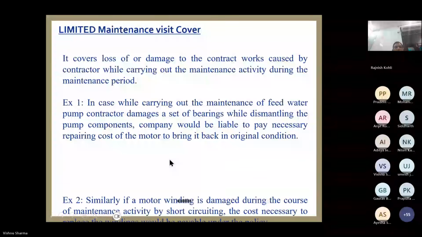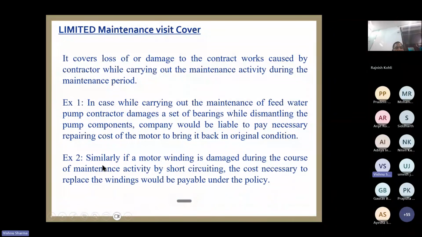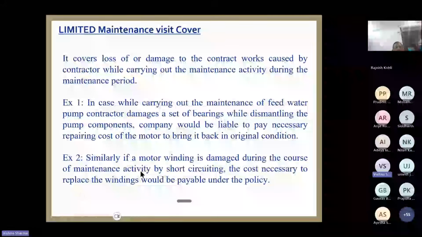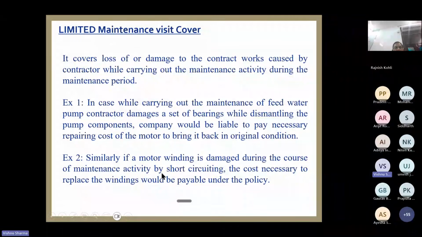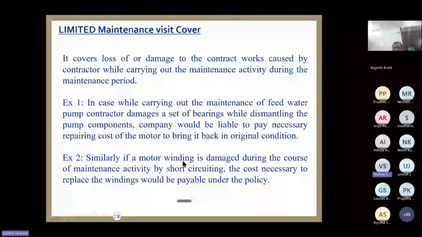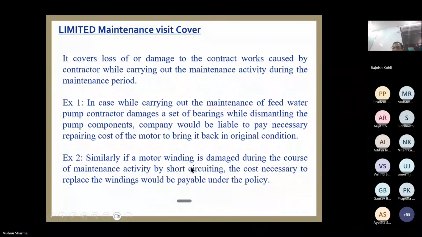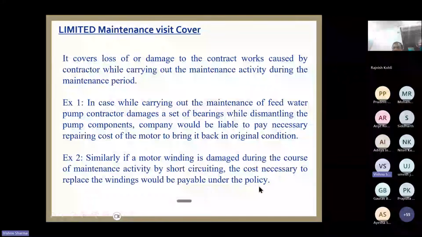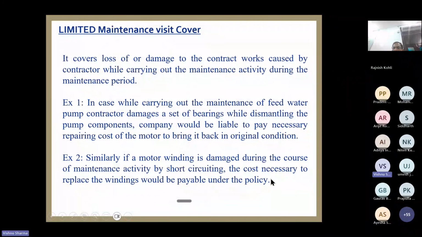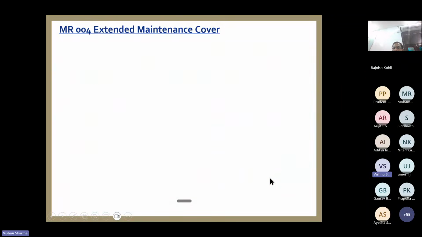Understand? Another example, in case of motor winding, it is damaged during the course of maintenance activity by short circuiting. He was carrying out maintenance activity of an electrical motor. Due to short circuiting, the winding is damaged. They are burnt. So again, the cost necessary to replace the winding would be payable under the policy. It would be paid because this is limited maintenance cover. Now let us see